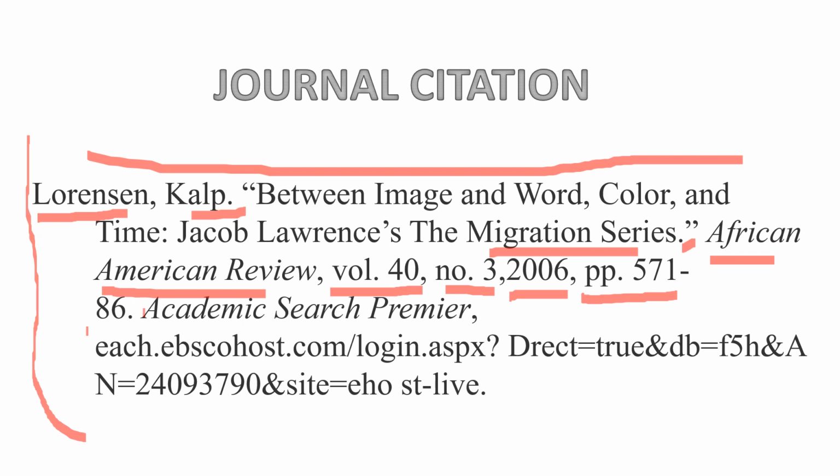And this section is your source, from where you have taken the information, that is the electronic source. If this is an electronic source, a link has been provided there. Usually this section should be an indented section, that means a hanging indent should be created. You can find that after Lawrenson there is nothing written, so a hanging indent is created.